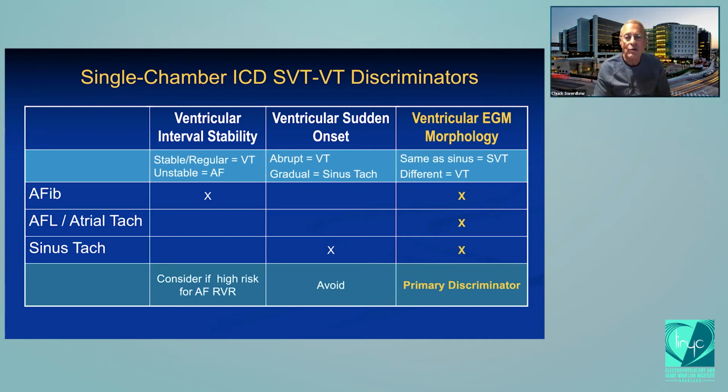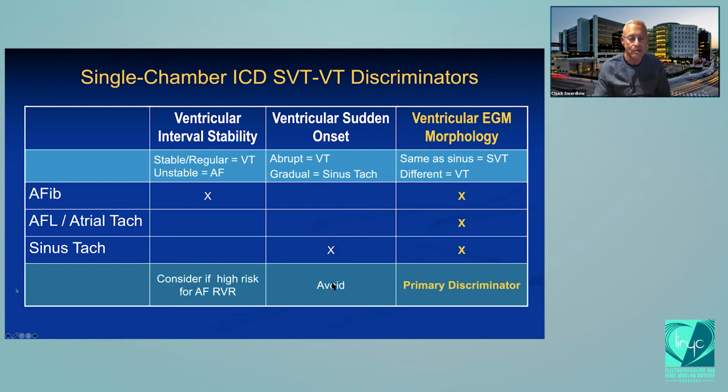Now, as a general rule, there are many problems with single chamber ventricular sudden onset discriminators that can make big mistakes. And the other key point about a sudden onset discriminator is that if it misses the onset of VT, it will never detect the rhythm. You should never program a ventricular sudden onset discriminator without a priest, a social worker,